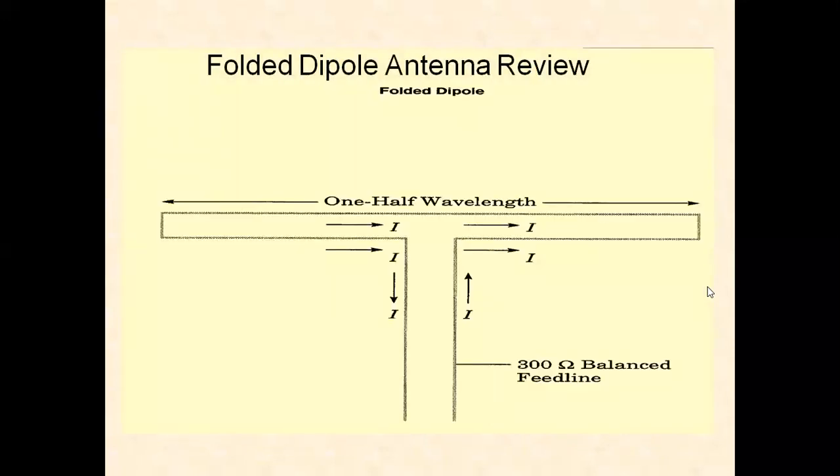And we also studied about the folded dipole antenna. To increase the radiation resistance, we make use of the folded dipole antenna. So why do we want to increase the radiation resistance? Because the resistance of the free space, that is the intrinsic impedance of free space, is almost equal to that of the folded dipole antenna.